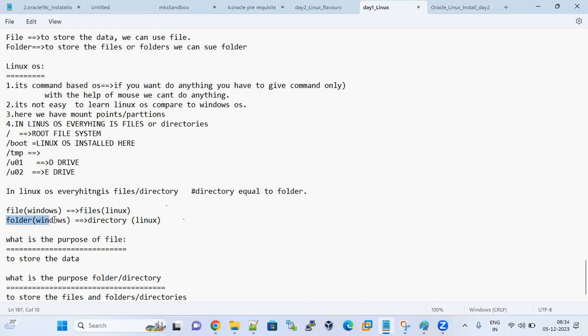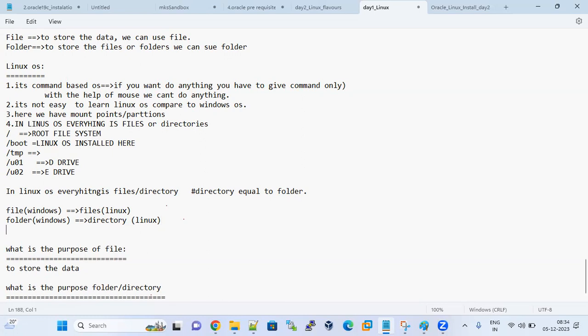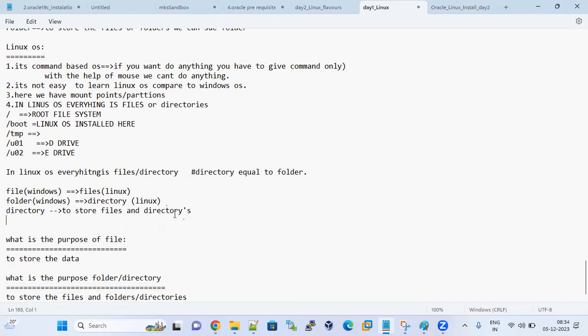In Windows you say folder, in Linux you say directory. What is the purpose of a directory? To store files and directories. I will show you when we install the Linux operating system.